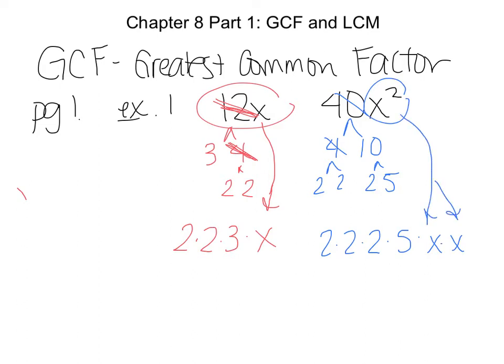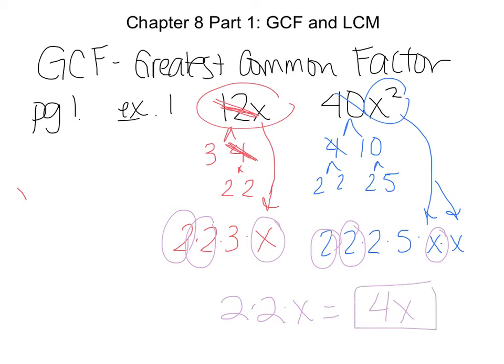Now for greatest common factor, we are going to look to see what appears in both. So what's common? So I'm going to circle the common factors. So we have a 2 here and a 2 there. So I'm going to write down a 2. We have a 2 here and another 2. So that's another 2. And then we have an x and an x. So they have a 2 times 2 times x in common, which is 4x. So the greatest common factor is going to be 4x. Let's take a look at